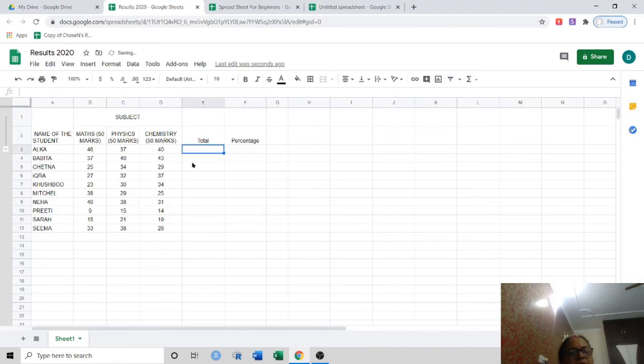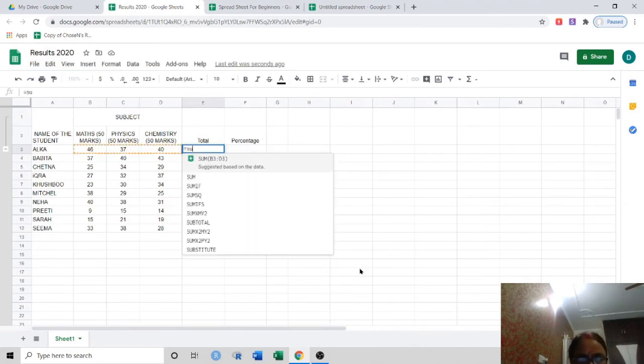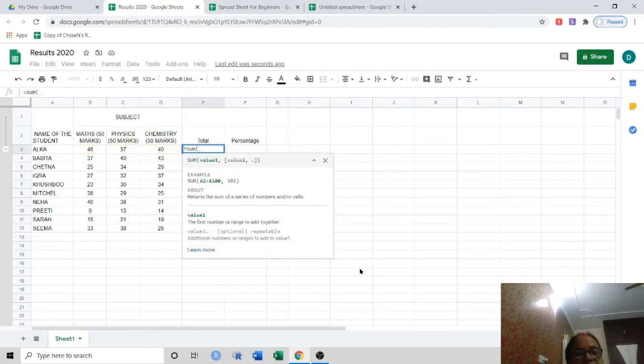Now, in order to find the total, we have a formula. Here there are very few students, so it is very easy to add them manually and place the total over here. But if you have 500, 600 students, then totaling even 3 subjects is a lot of hectic work. So for that the spreadsheets have made it quite easy. All we have to do is put the formula over here. I write equal to, then I write sum, I insert this bracket. Now see from where you have to add. From this column you have to add. What is the column?